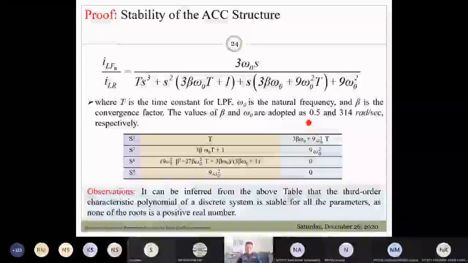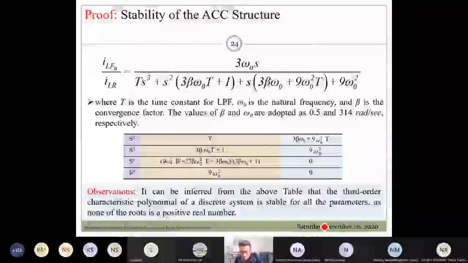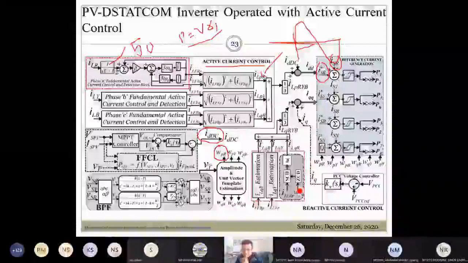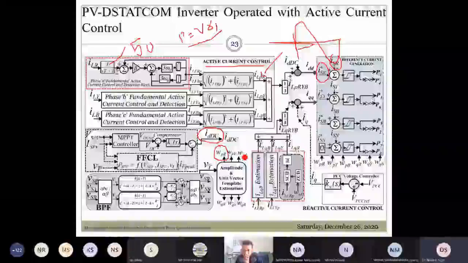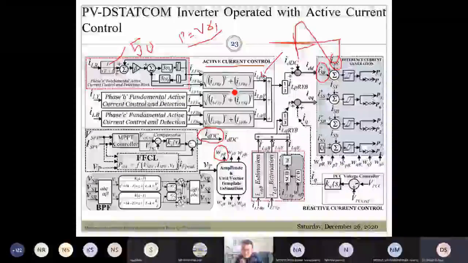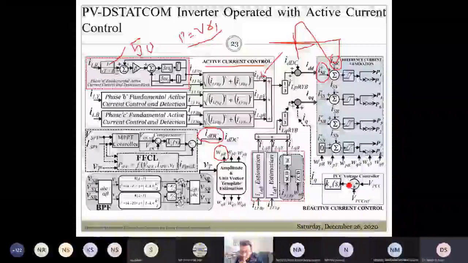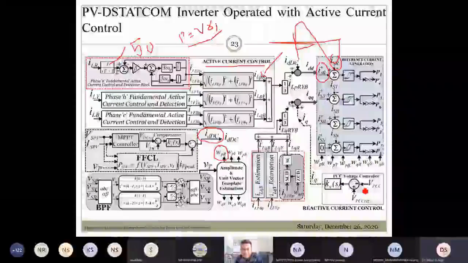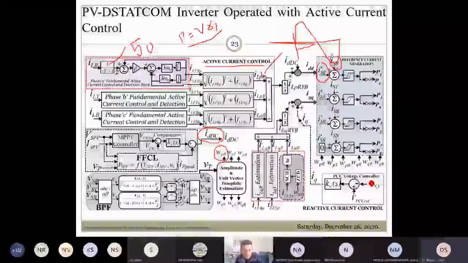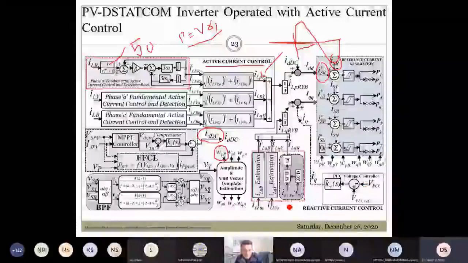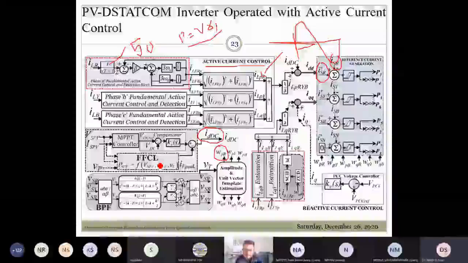Sir, I have a doubt. Yes, tell me. The previous plot. Sir, we discussed that the PI controller works fine for DC quantities. So the peak voltage we are finding now, there the PI controller is being set. See, you need to take the RMS value of the voltage actually. It's not the peak value. Okay. And secondly, what is the role of that FFCL? Yeah, that is a feed forward compensator loop.